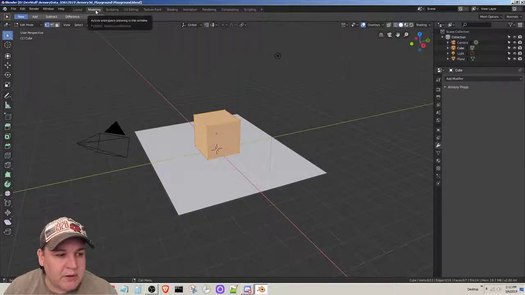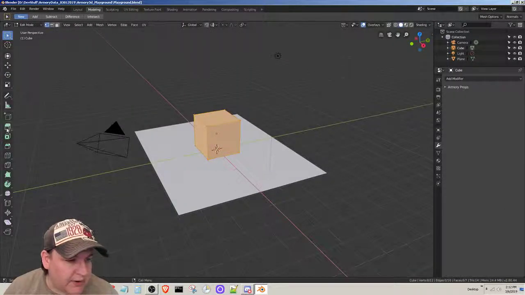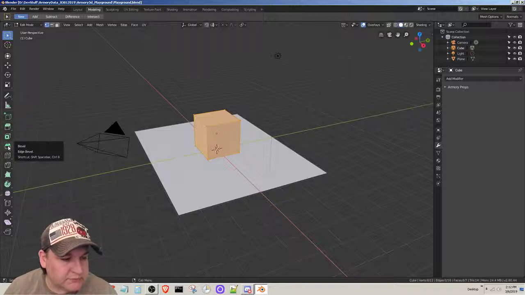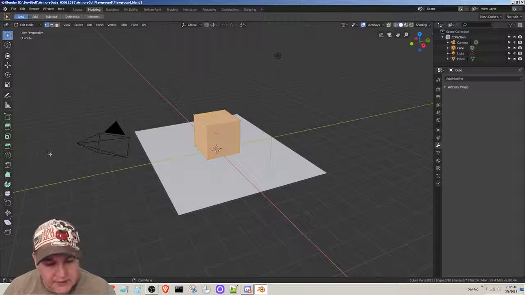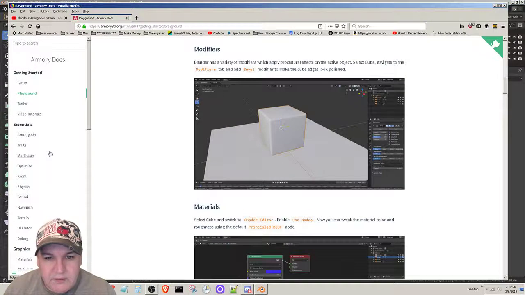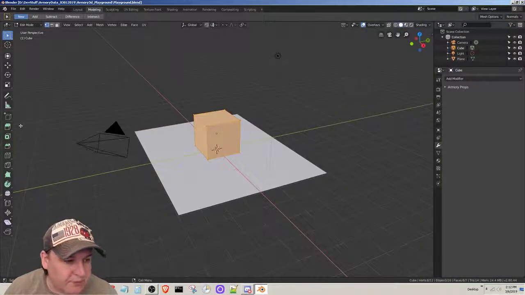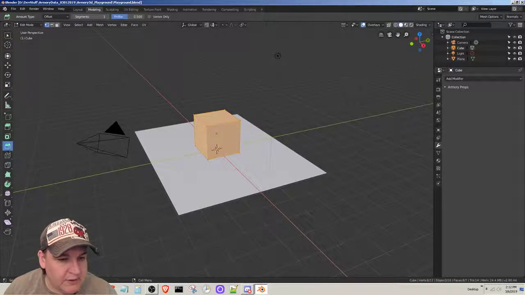We got the modeling, right? And I'd have to find the bevel, right? Okay, so before I do anything, it just says add bevel. I'm not really sure what I'm doing here, but